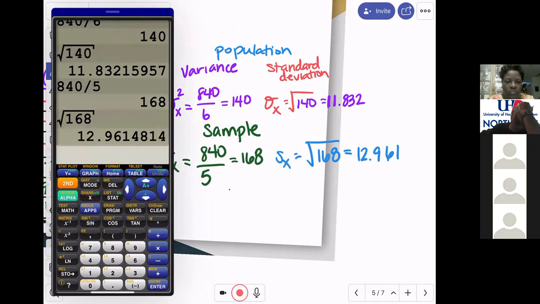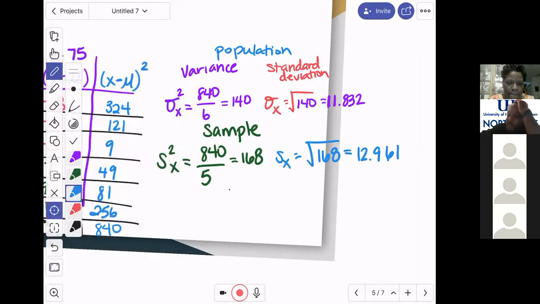So that's 12.961. And if you notice the two values now, if you compare them against each other,